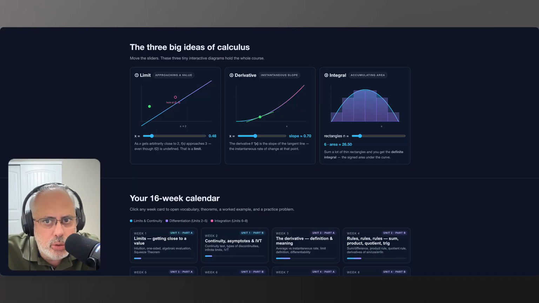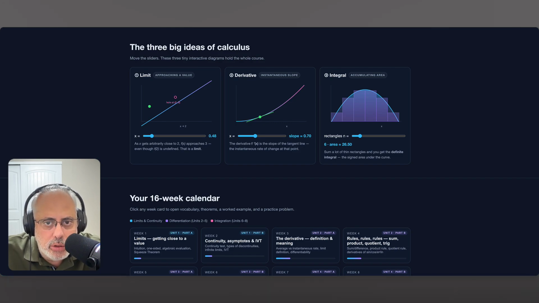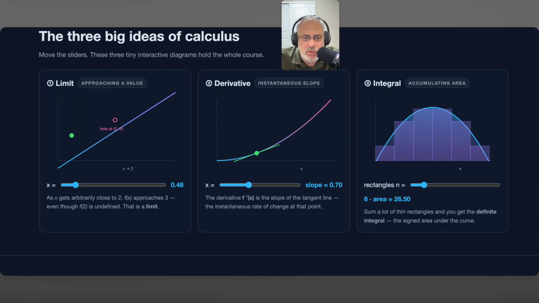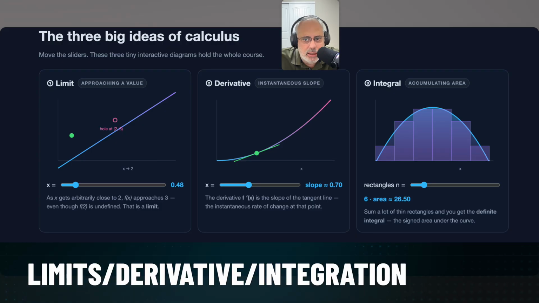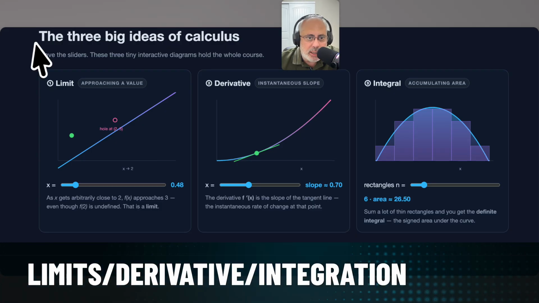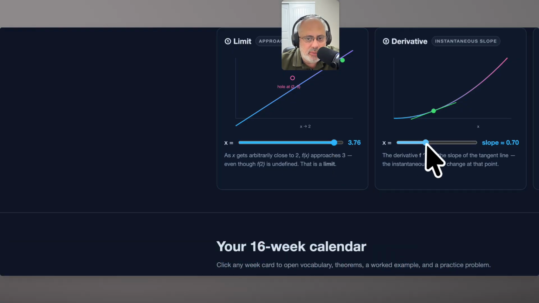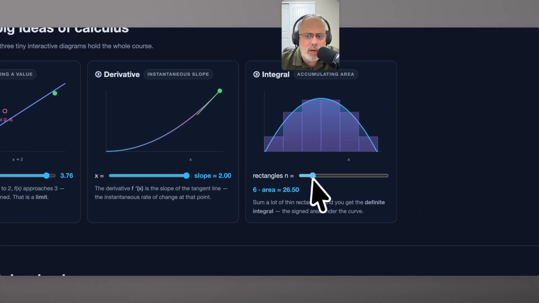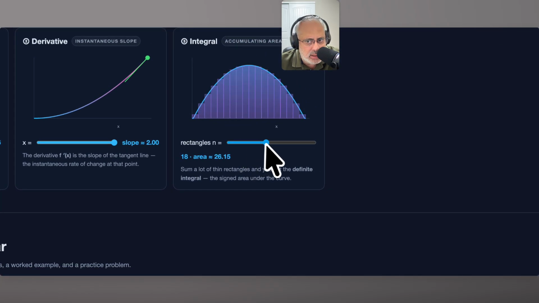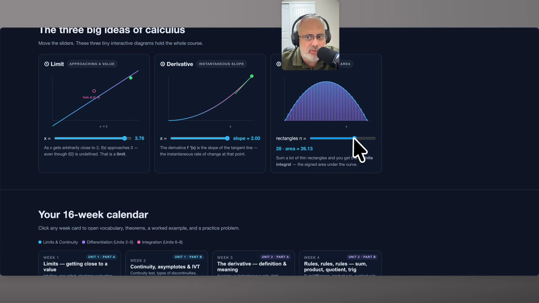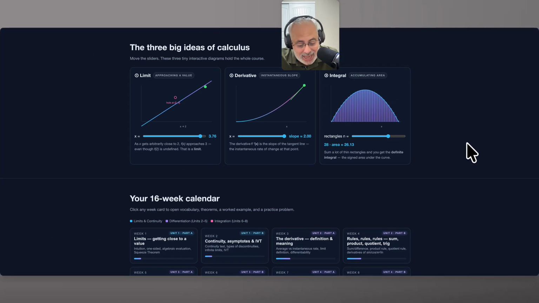Suppose that you are going to start the plan. You need to know what the elements, concepts, or ideas are, what the mathematics is that you are going to be learning. So in a calculus course, you are going to learn three big ideas. One of them is limit, the other one is derivative, and the other one is integral. So it's important to know what the limit is, visualization, what the derivative is, visualization, and what the integration is in terms of area, in terms of accumulation. So you need to know that firsthand.